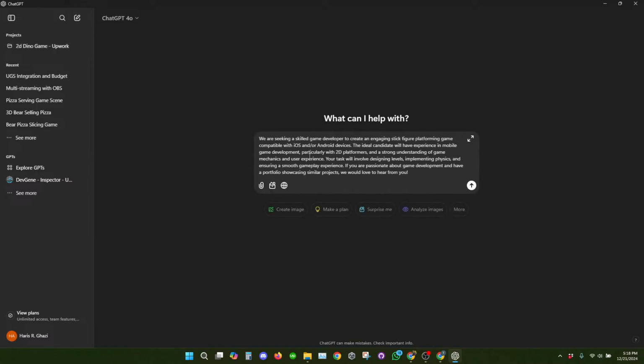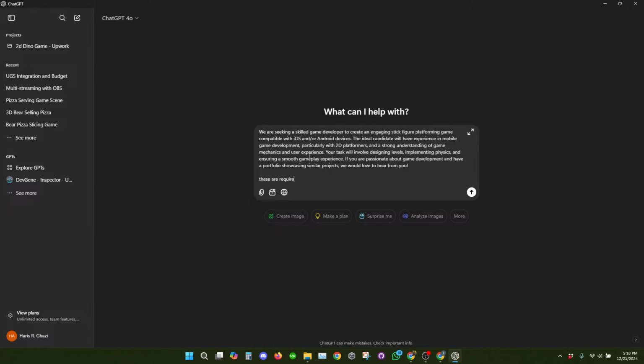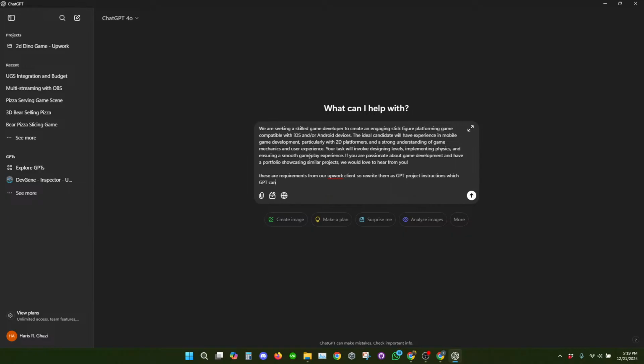So these are requirements from our client. So we write the GPT project sections which GPT can use as training material for tailored responses.